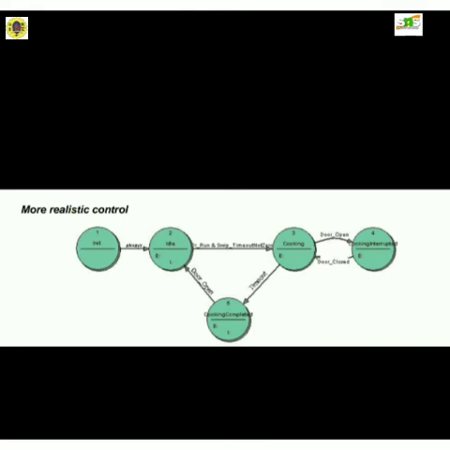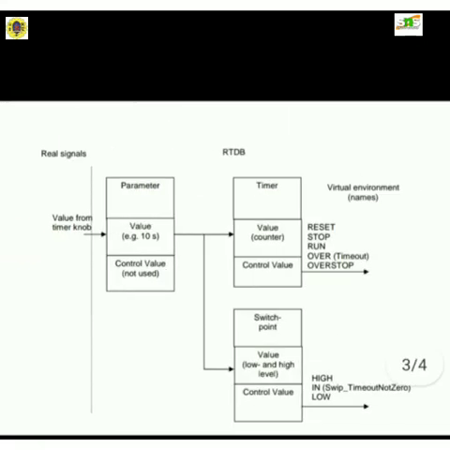And when we talk about RTDB objects, you can see a more informative block diagram over there. So the RTDB consists of objects. These objects are of different types. That is, they have some different properties. Specifically, they have different values and control values as well. A parameter object may have a value of type integer, or it can be a float, or it can be a string, etc. It may also have a control value, but we do not discuss it here because it is irrelevant in this case study.